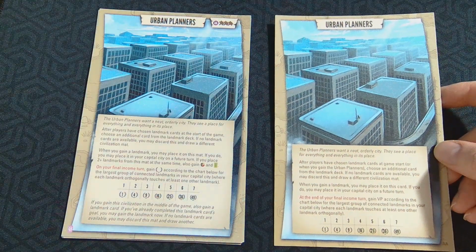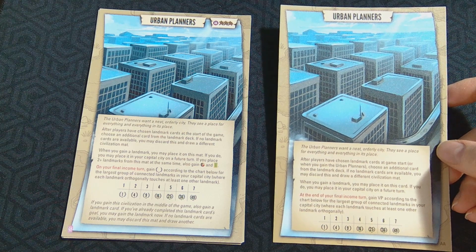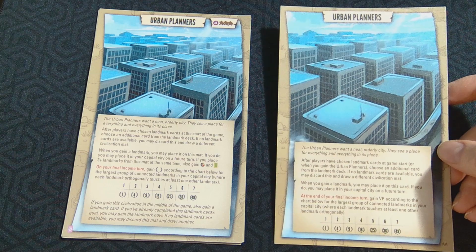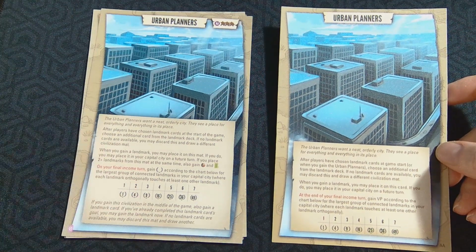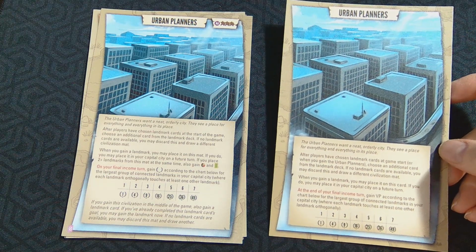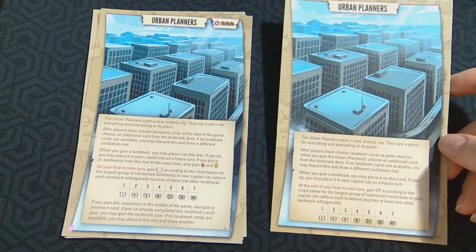Next we have the urban planners, and one thing I want to note about the urban planners, they're the only civ from this pack of 31 that you can't just use the core game of Tapestry for. You need to have those landmark cards that come in Plans and Ploys or Arts and Architecture. For the urban planners,